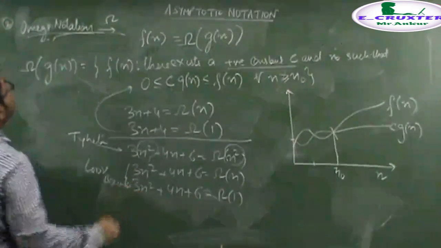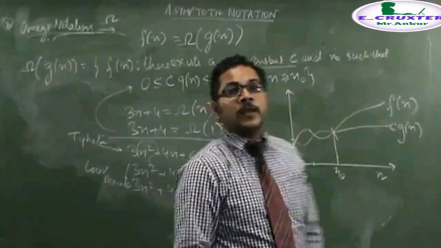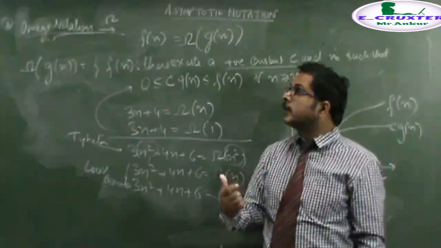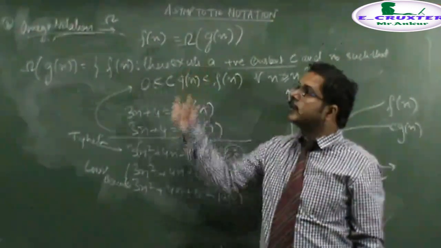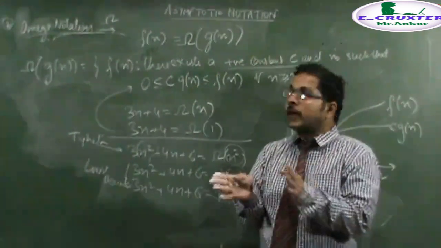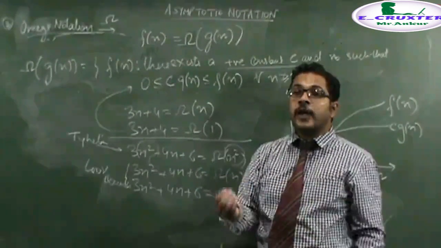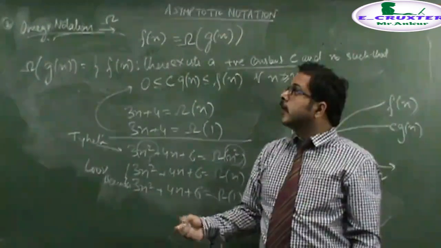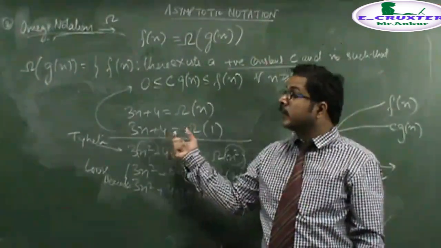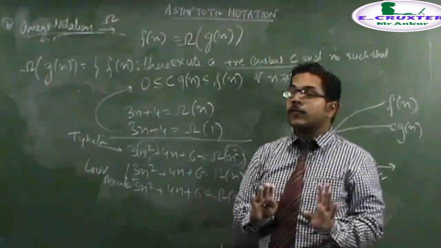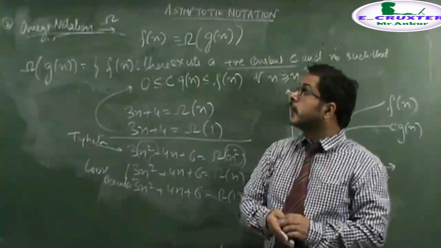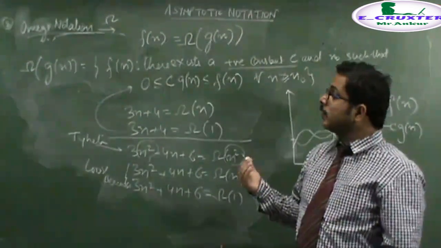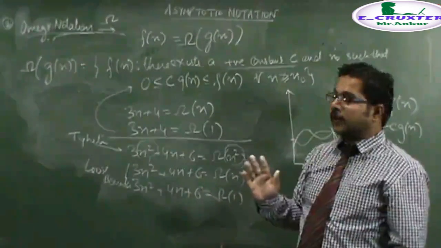Both are correct. If you see the definitions of omega notation and big O notation, they simply say that a function should act as a bound. Omega notation simply says that g(n) should act as the lower bound for f(n), but it does not tell how loose or how tight it is. Similarly, big O notation says that the g(n) function should act as the upper bound for f(n), but it does not tell how tight or how loose that upper bound is.